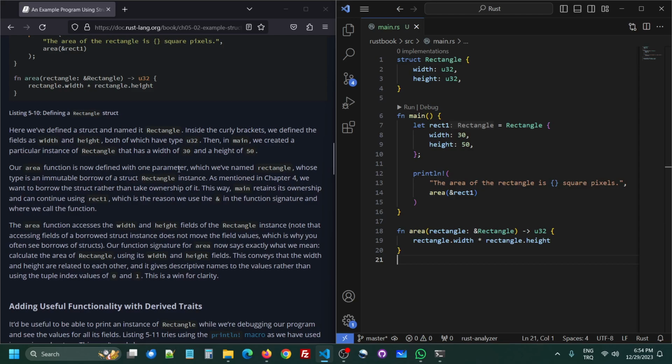Our area function is now defined with one parameter, which we've named rectangle, whose type is an immutable borrow of a struct rectangle instance. Right. It's an immutable borrow. As mentioned in chapter 4, we want to borrow the struct rather than take ownership of it. This way, main retains its ownership and can continue using rect1, which is the reason we use the address of operator in the function signature and where we call the function. Yeah. So if it takes the ownership here, without this operator, you would have to return that rectangle as well to main if you want to continue using it. In this example, that's not the case, but